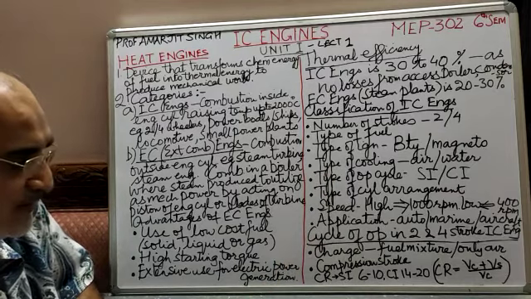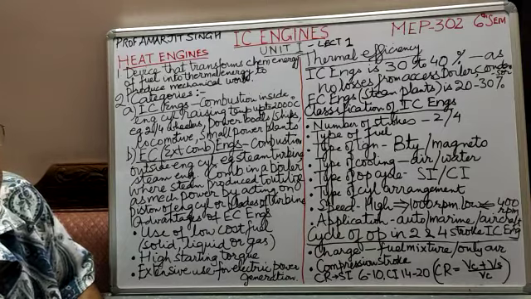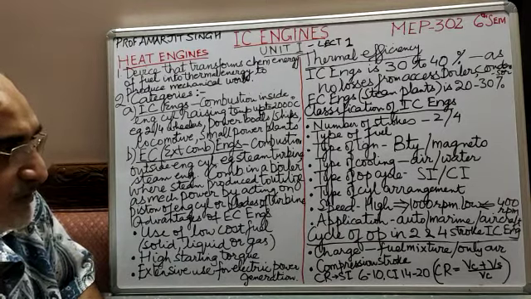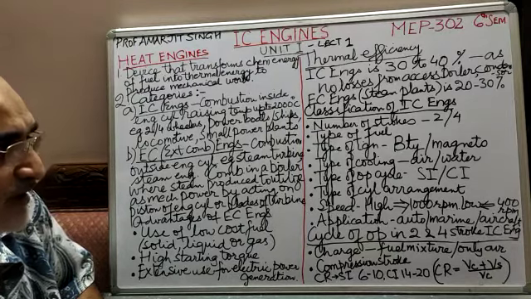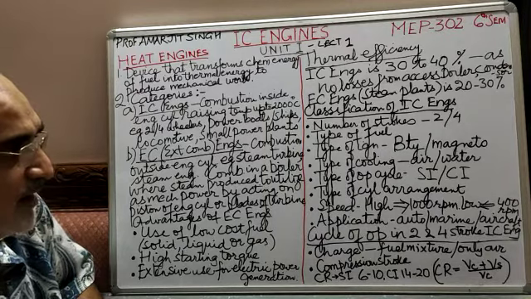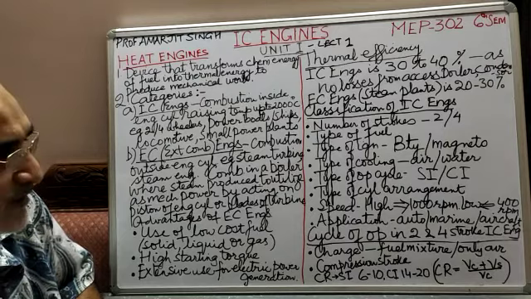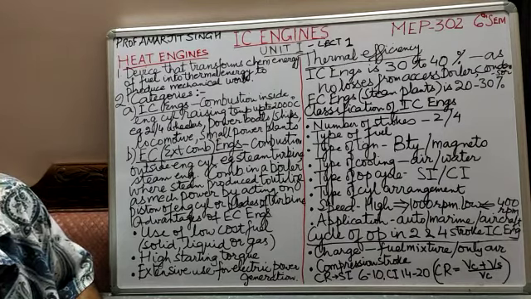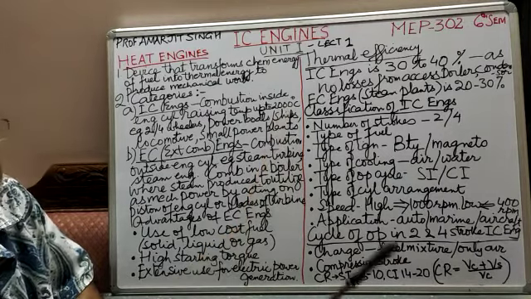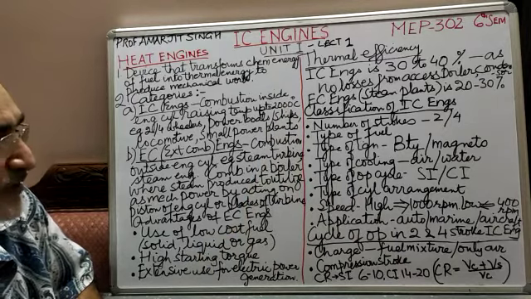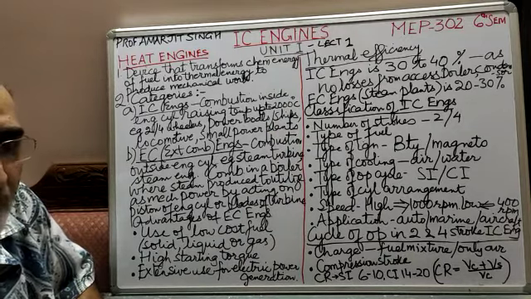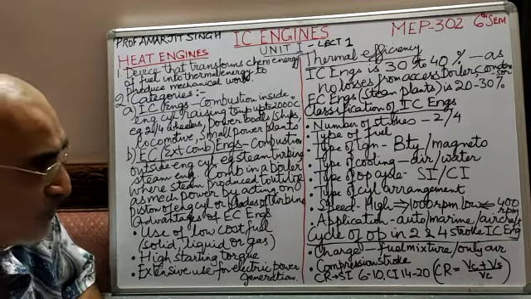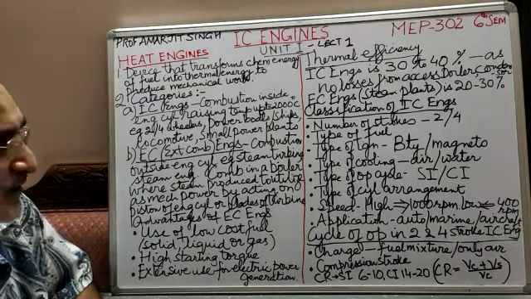Type of cooling. The cooling could be either by air or water. Air cooling you must have seen: in two-wheelers, the cooling of the two-stroke engine is by air, and the four-stroke is water cooled, because the engine is also bigger, and water jackets are built all around it. Because as I said, 2000 degrees is the temperature of combustion, and the engine cylinder block has to be cooled down, not periodically, always it has to be cooled, so that the engine runs efficiently and does not overheat.